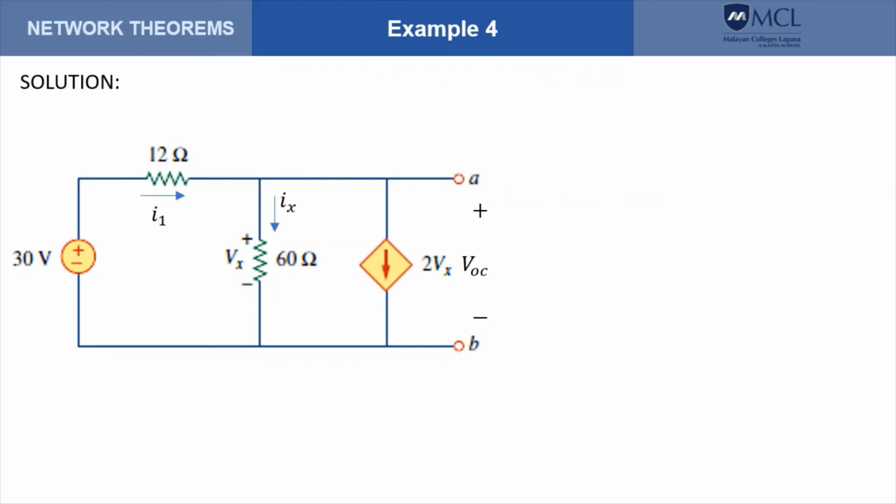So let me specify that formally. In the 12 ohms, we have I sub 1, and through the 16 ohms, we have I sub X. To solve VOC, I said that this is equal to V sub X. Now we can write a KVL equation